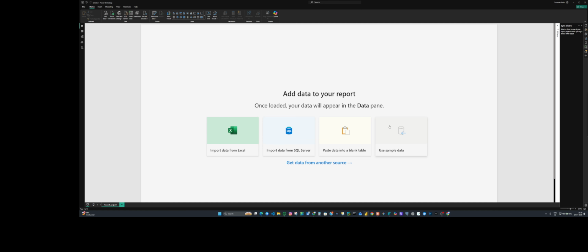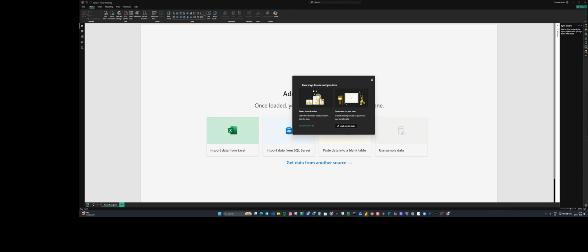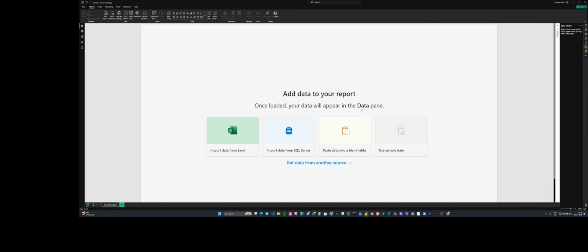And the next one is use sample data. What is this use sample data? Power BI supports sample data for your learning. If I click on this, it will take me to two options. One is online, and experiment on your own: to start creating visuals on your own, load sample data. So if I click on load sample data,